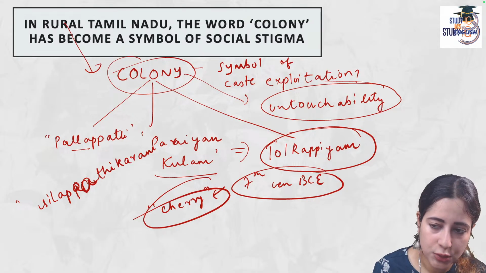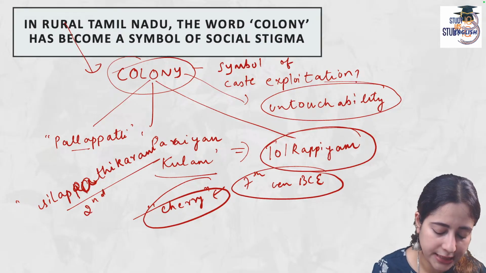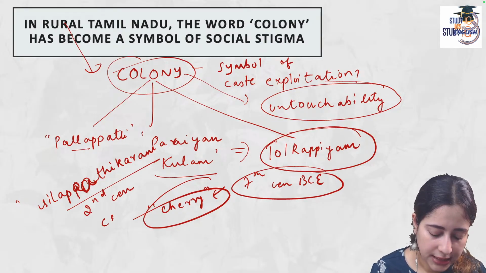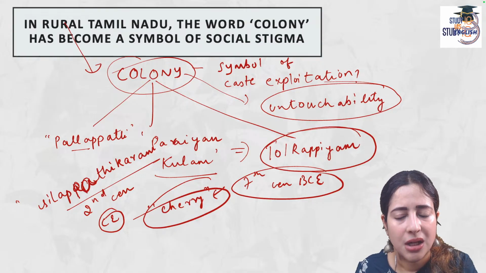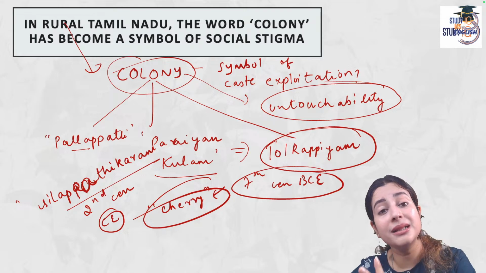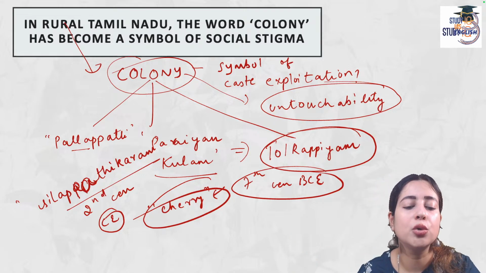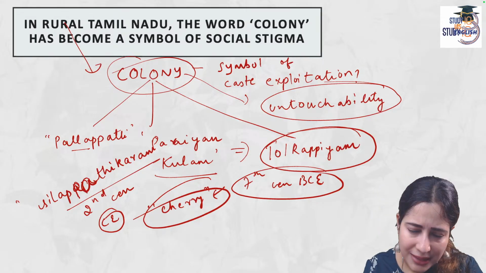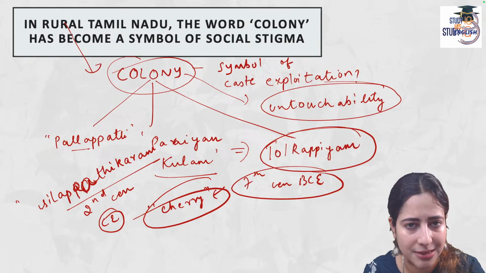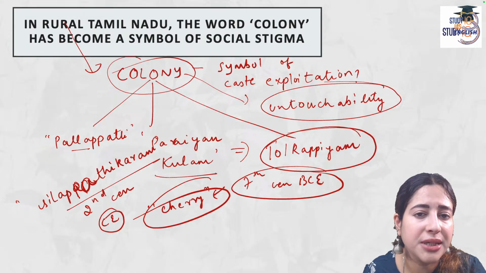Silapathikaram, which also comes from about the 2nd century CE, also refers to a word called Purancheri, a word which again means a settlement in the outskirts for the members of the lower caste. Now, unfortunately, although these words were completely related to the Varna and caste system, after the British government came, they